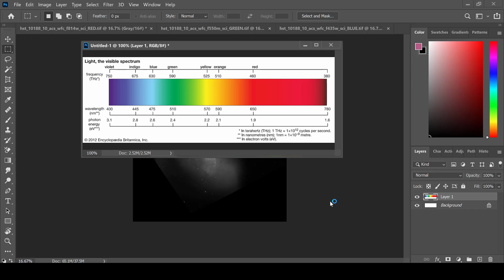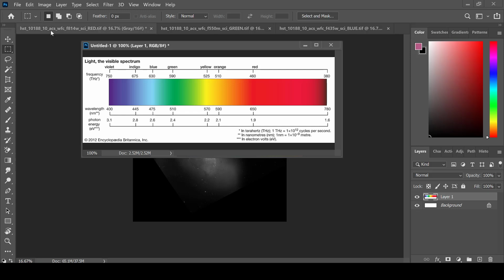Creating a red, green, and blue color image from the grayscale narrowband images of the Hubble Space Telescope can seem a bit daunting at first. The filters for the Hubble Space Telescope are often recorded in numbers rather than the elements such as sulfur, hydrogen, or oxygen. In this case, I have downloaded the Antenna Galaxies, and using this visible light spectrum from the Britannica website, we can see how to assign these filters